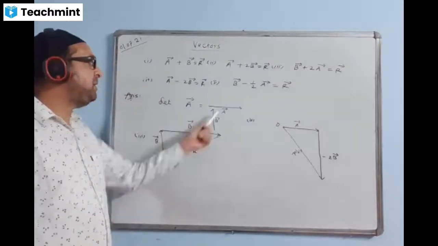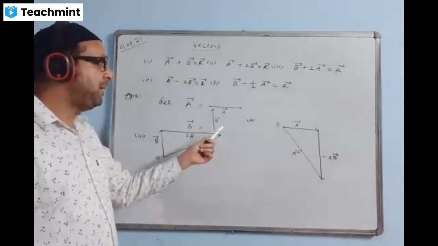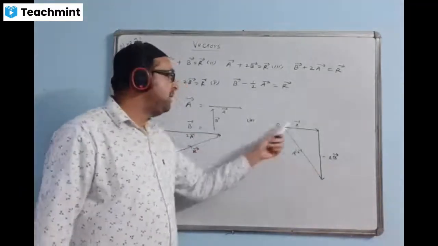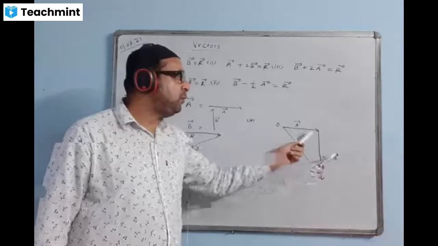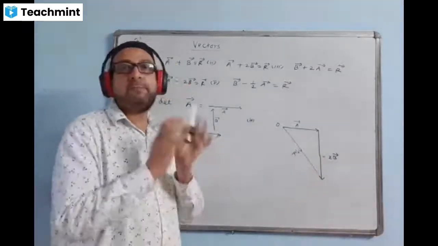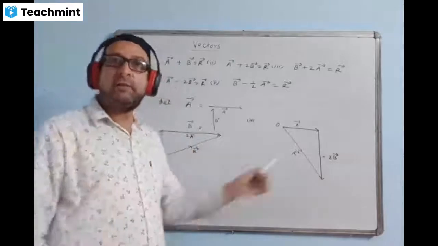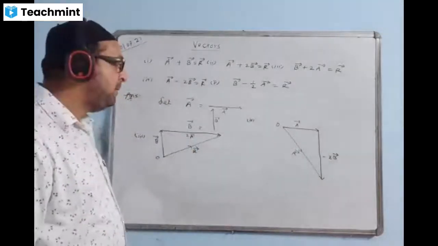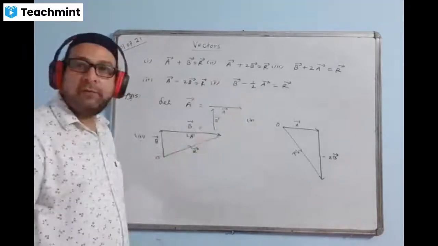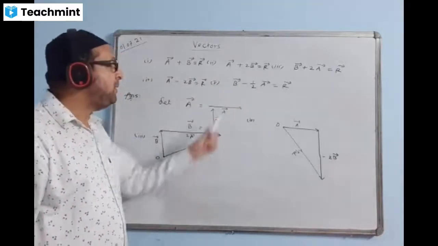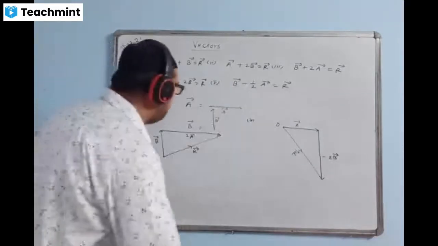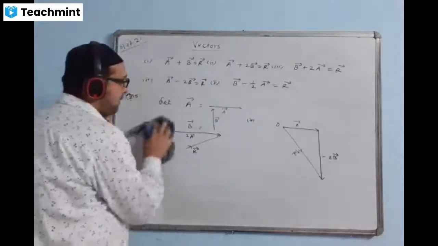And how to find the resultant? Suppose this is 3, this is also 3 units, magnitudes are equal, or maybe this is 2 units, this is also 2 units, 2 2s are 4, minus 4, Pythagoras theorem, 2 squared plus bracket minus 2 whole square, we can find the resultant. For the time being, we are just representing them by a diagram, or drawing a vector diagram for them. Let us draw the vector diagram for B minus half A, the last case.